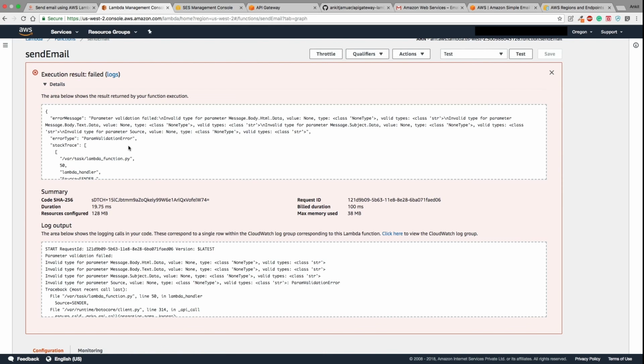So it will give you all those things, what error message. So it says parameter validation failed. That's just because we don't have any validation. So